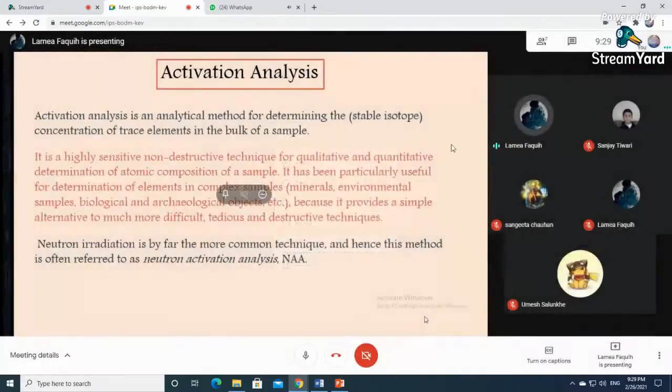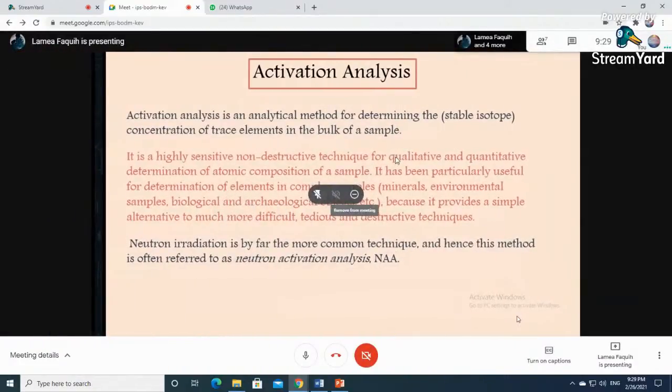Basically, activation analysis, ma'am, yes. मैम आप म्यूट करेंगे, बहुत बैकग्राउंड है। हाँ ठीक है।